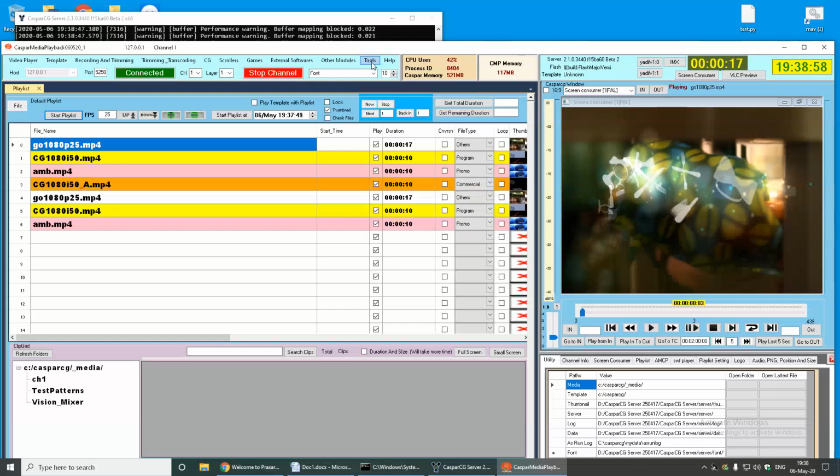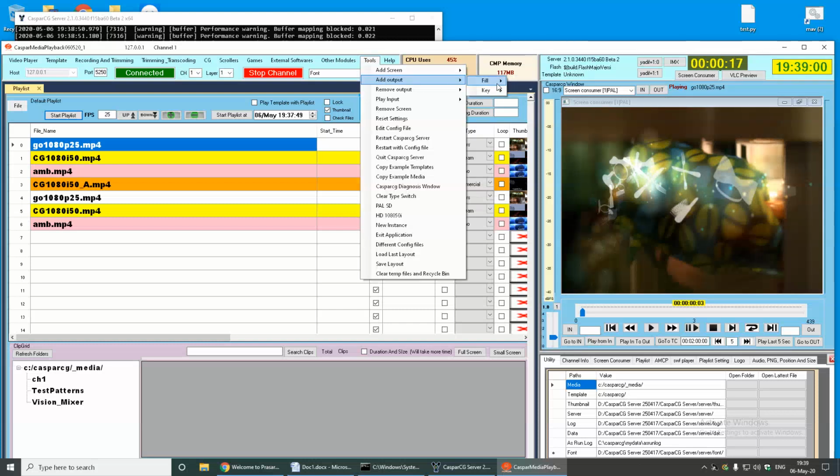In that case, you can click tools, add output, and you can get the fill or key signal. The key signal is for getting the key supered to the vision mixer properly, and the fill signal is the full video. So you can configure anything to get your output from the decklink or Bluefish card.